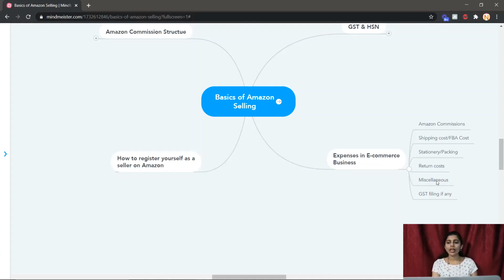And next is miscellaneous. So why did I mention this word miscellaneous? There are many reasons that something may go wrong. For example, consider that you have purchased some 10 pieces of stock and kept in your warehouse. When your supplier is shipping the parcel to you, there could have been some damages, like 1 or 2. So this will come under miscellaneous. Anything that is unexpected is possible in any business, so I have classified that as miscellaneous. Though it is not mandatory that it should come, there are some chances.